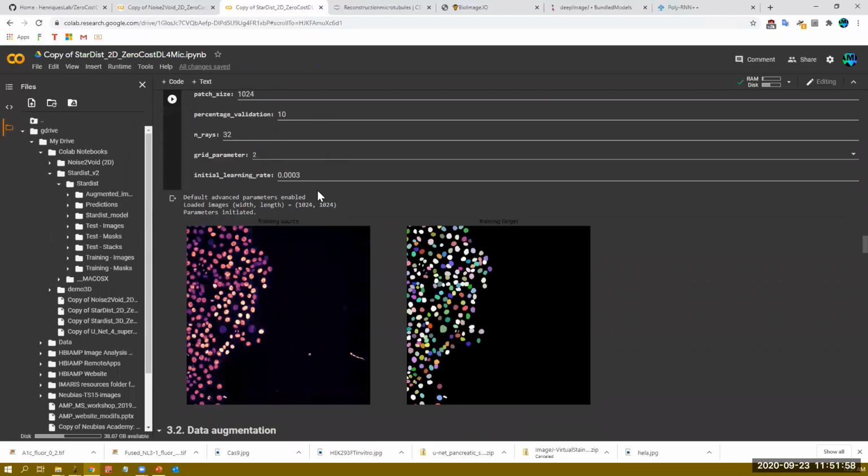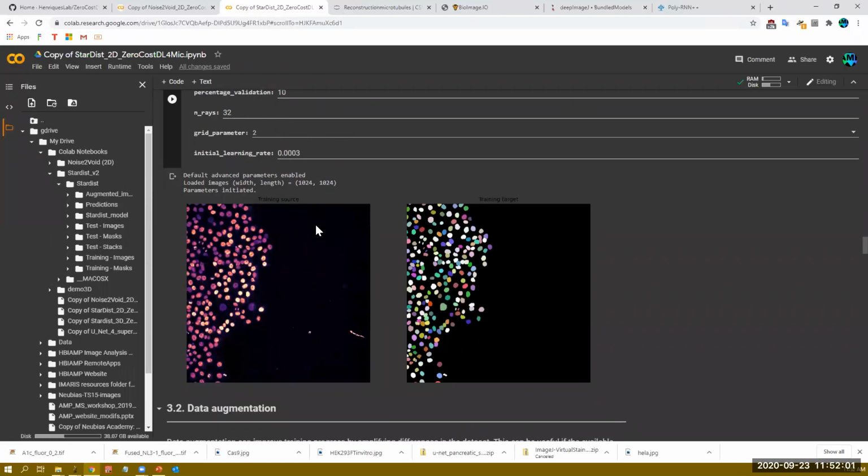It shows you just a quick preview of some of your training data. So in this case, it's some cells here and then the mask. So you have your training source and your training target, say the gold standard or your ground truth. So this has been, say, pre-annotated by someone manually